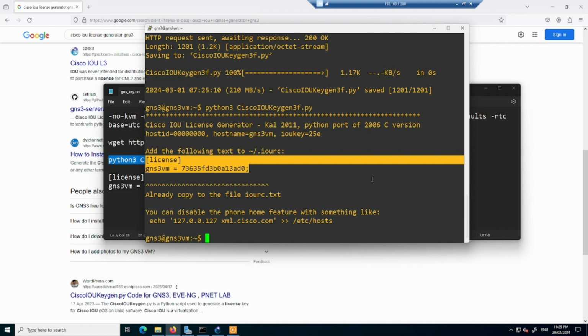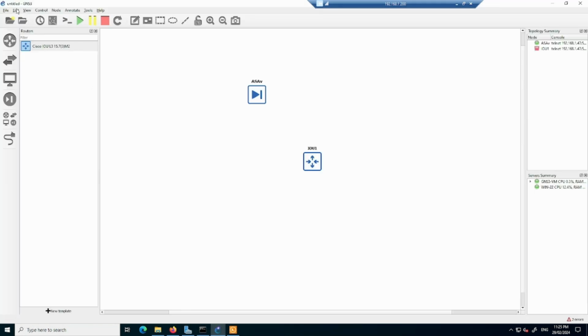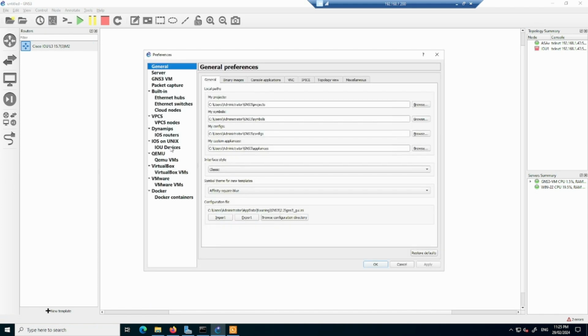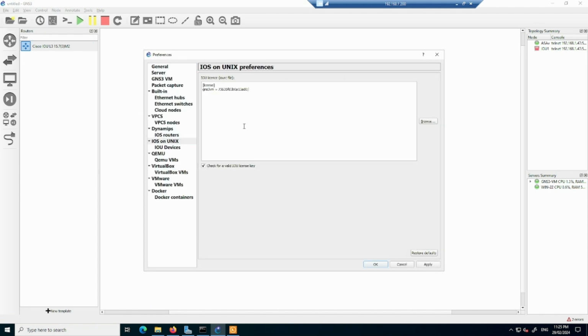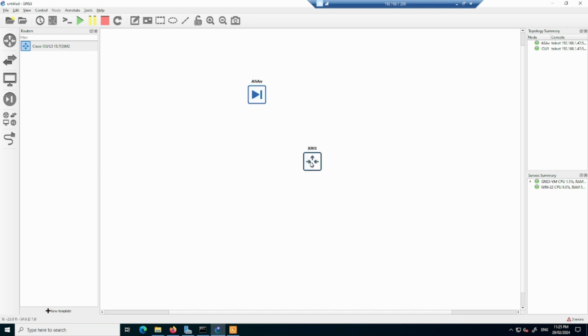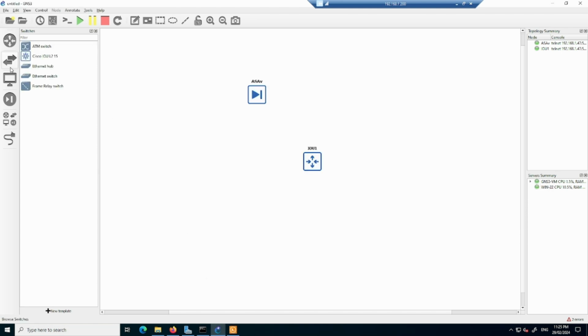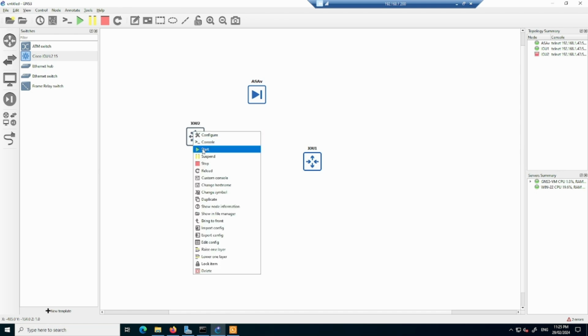So before that, what I will do is copy that one, go back to GNS3, go to edit and preferences, go to IOU and enter that license, click on apply and OK. And now I will do a right click. This time you see that it has now started. Okay, so pretty much if I go to the IOU L2,